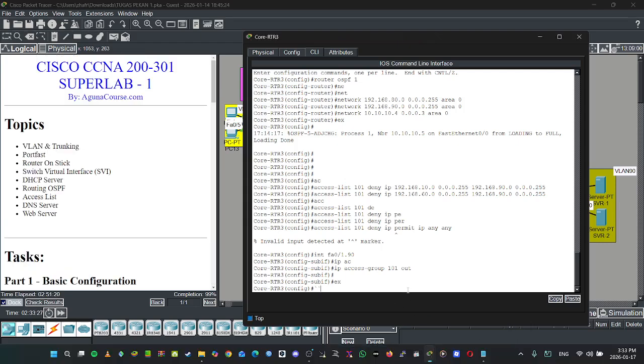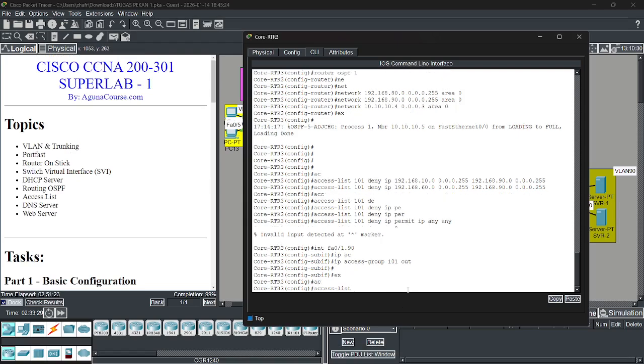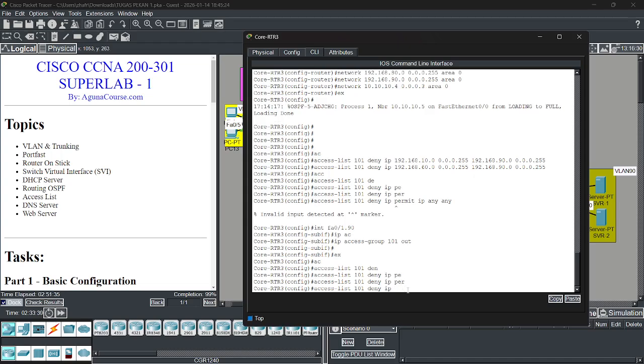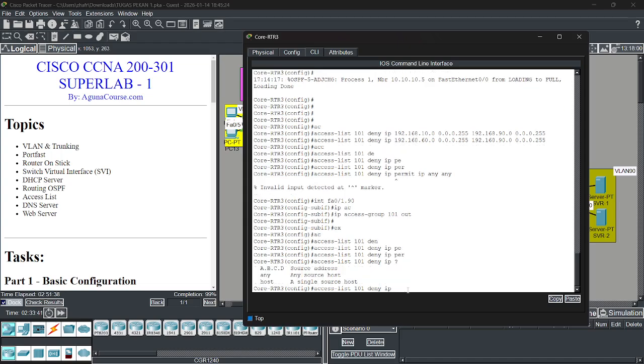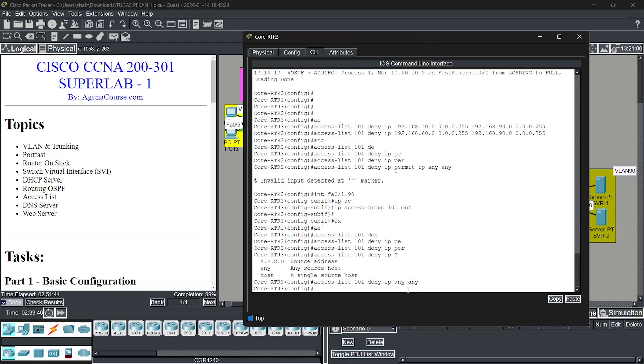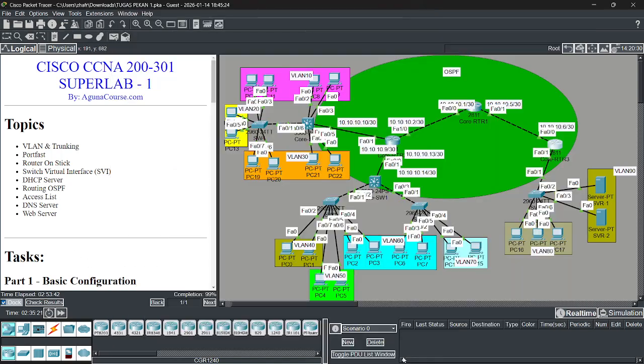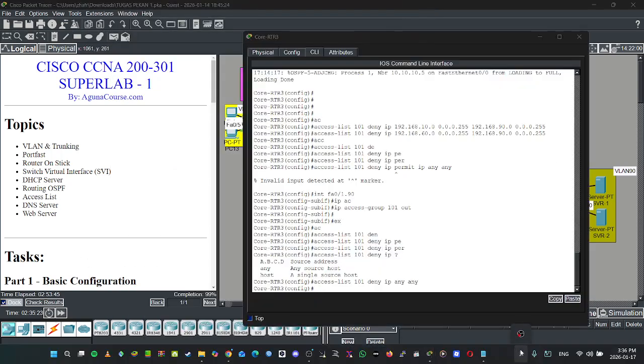Wait. There is something wrong here. Deny IP, permit IP any. Sorry. There is something wrong here.